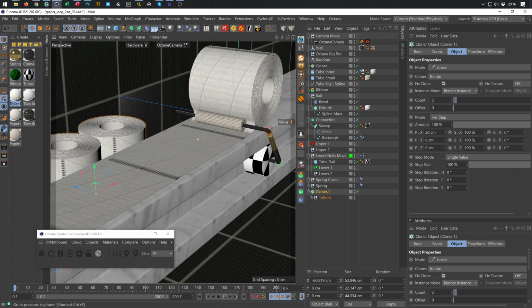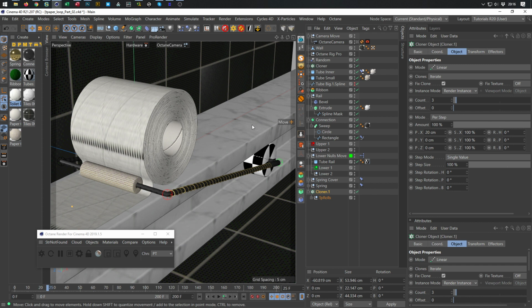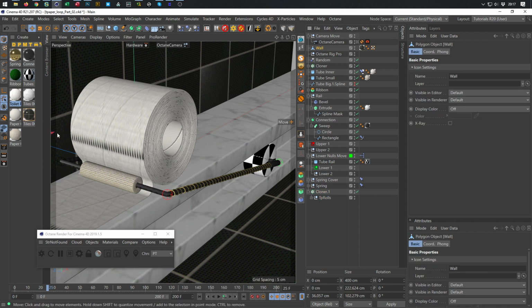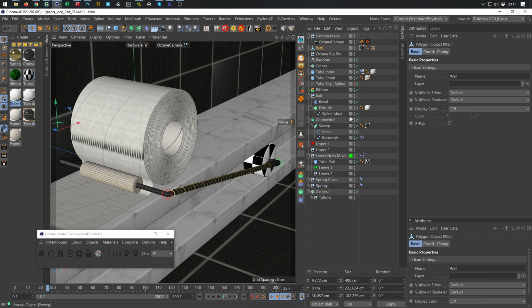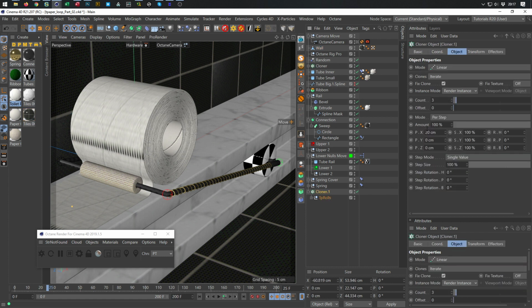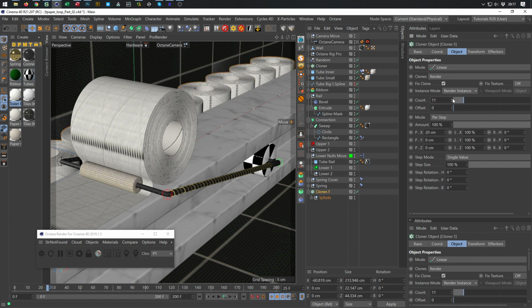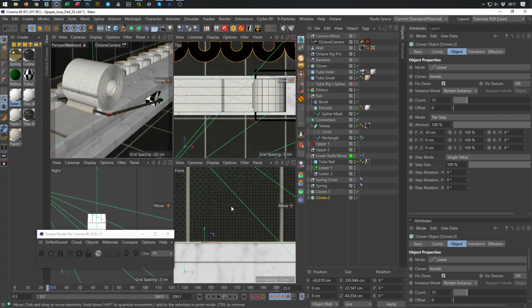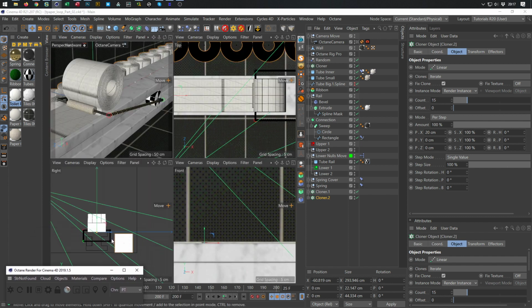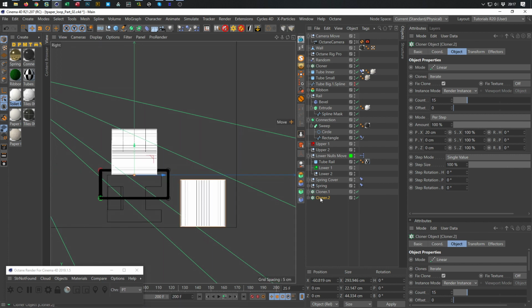Go to here and go to frame 25 that we see how many clones we need. With the wall we are very close here, but it's okay. We can still make this longer. Let's make the wall a little longer. This is great. Here done. Okay, cloner, and make the cloner. So 15 is nice. Now I copy this cloner, control drag it down. Go to here. Take the second one,